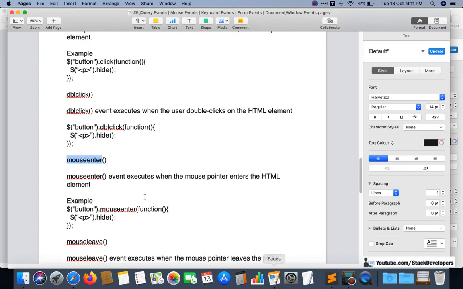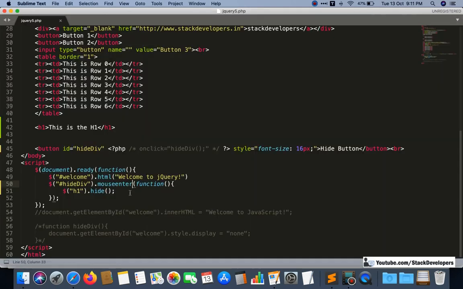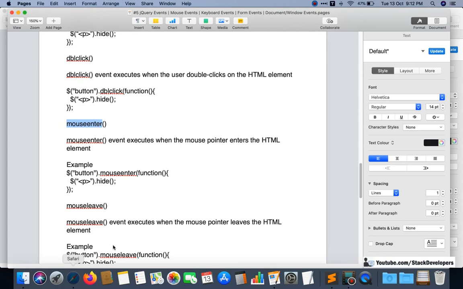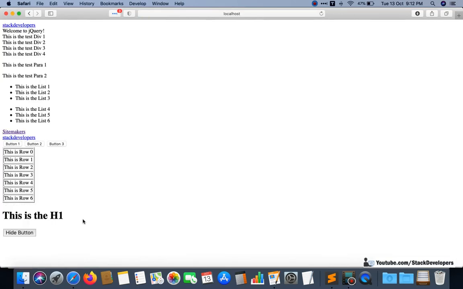And another event is mouse leave. Now what will happen, like if we take the mouse cursor over the button, then nothing will happen. But if you move away the cursor again, then something will happen. Here, see, if I move the mouse cursor over the hide button, nothing will happen right now. But now if you take it away, then it is going to hide this h1 test.